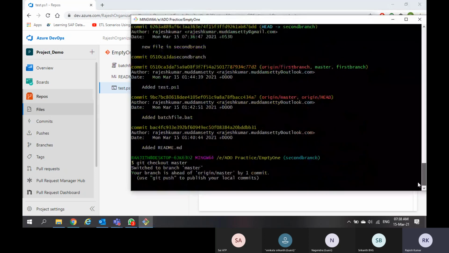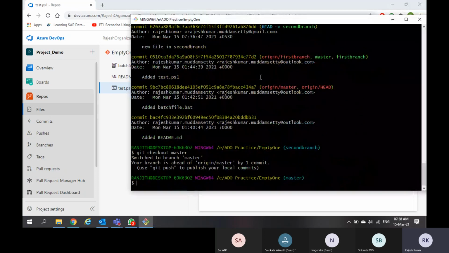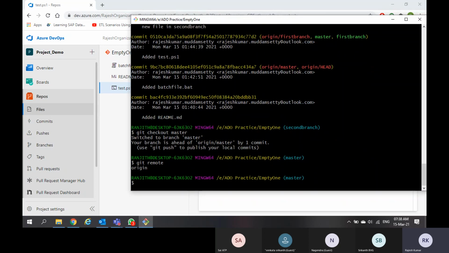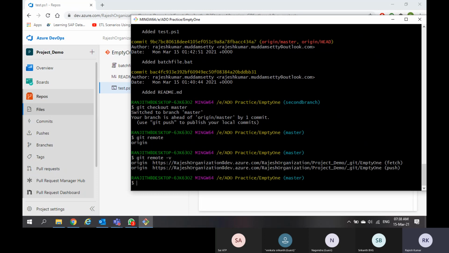Because of that clone operation, this might already have the remote. Yeah, so there is a remote. If you want to see the remote URL completely, then go for git remote -v. Yeah, good. I am in connection with remote, and the remote is the right one. The remote is an empty one only.